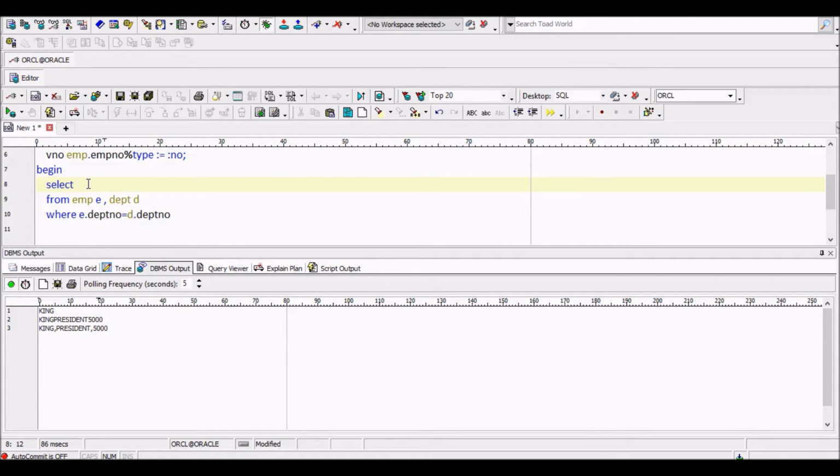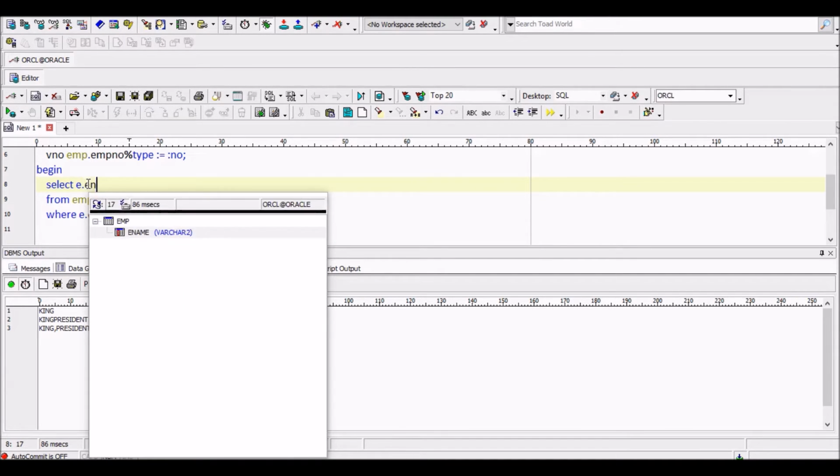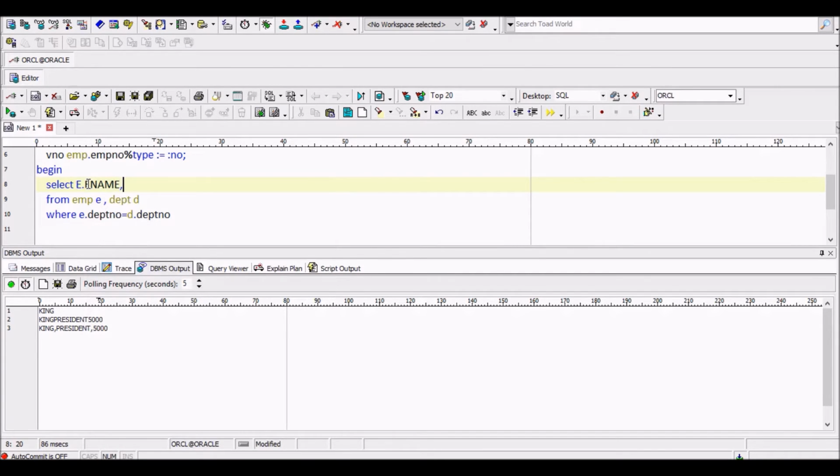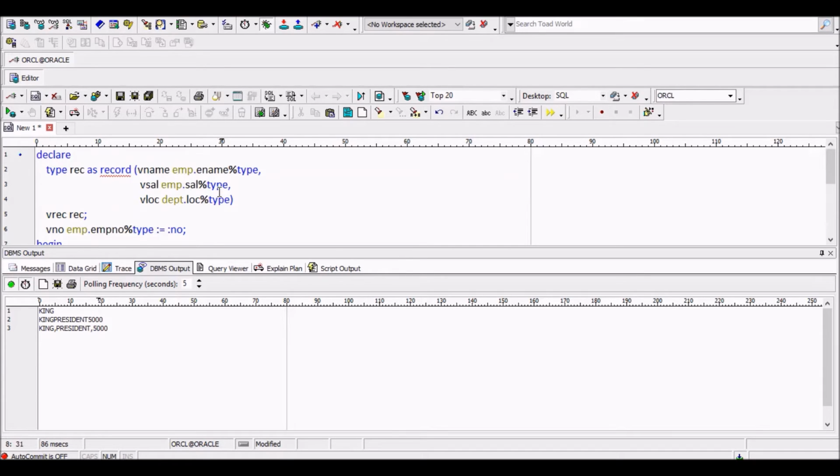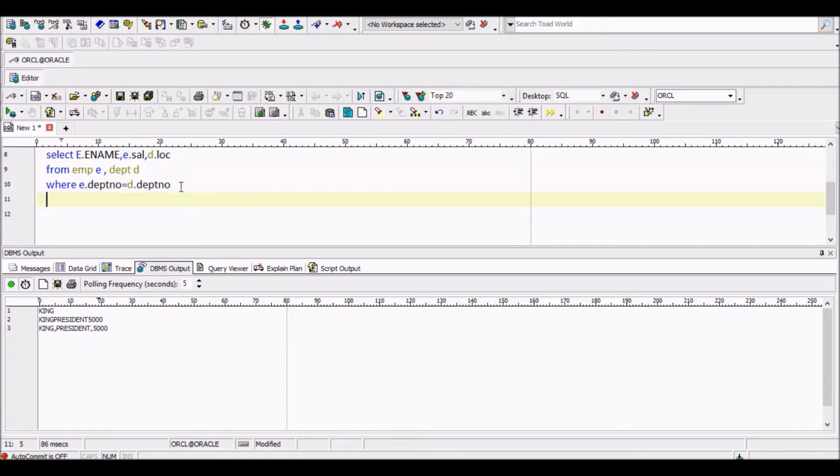Now we write whatever columns we want to display: e dot ename, comma e dot salary, comma d dot location. These are the columns we have used in the rec data type. Now dbms underscore output dot put underscore line. Now vrec is a variable of record type.